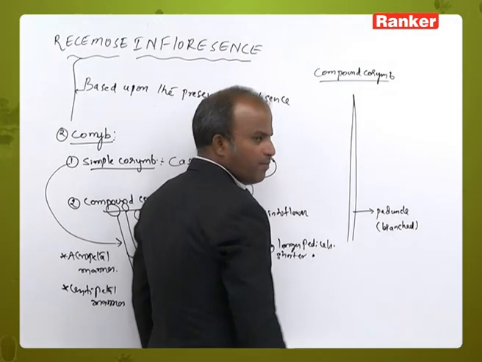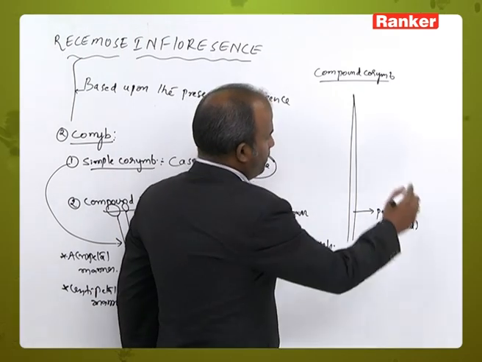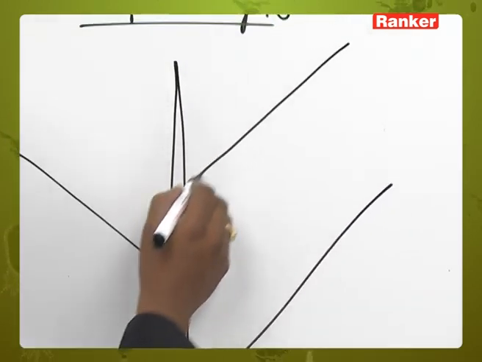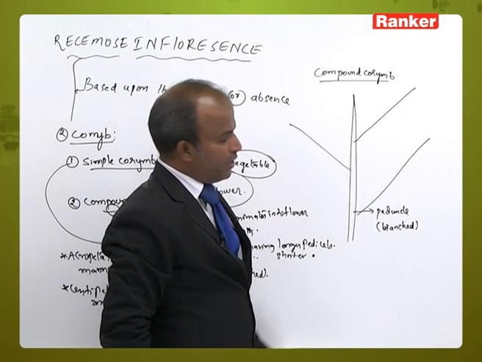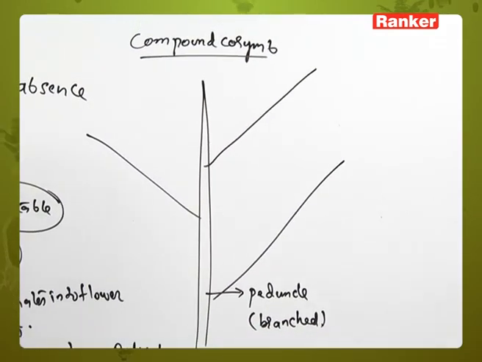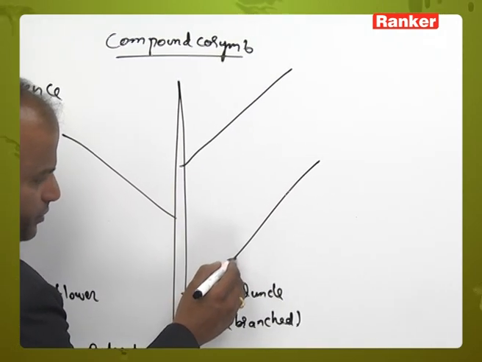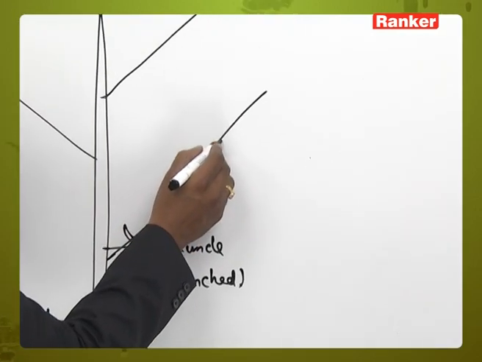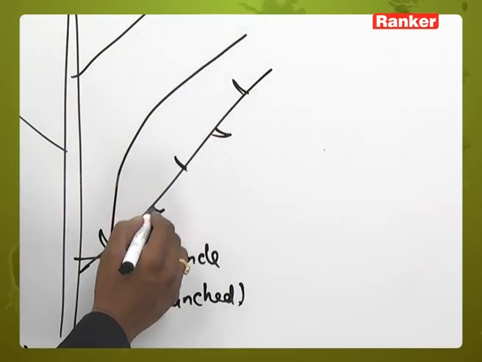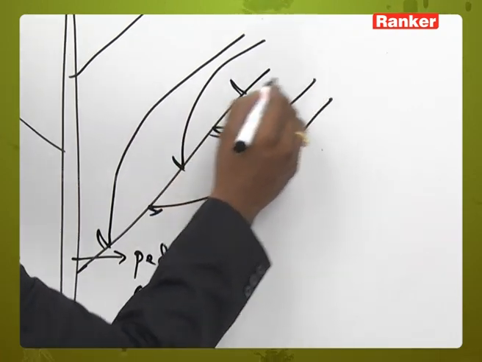These are the branches which are developed from the peduncle, from the inflorescence axis, from the floral axis. On these branches, numerous bracteate and numerous pedicellate flowers are arranged in